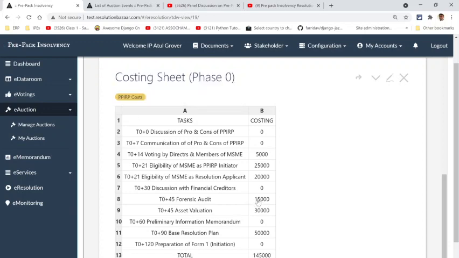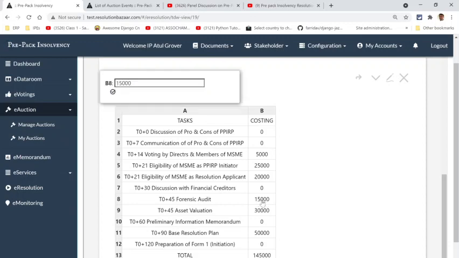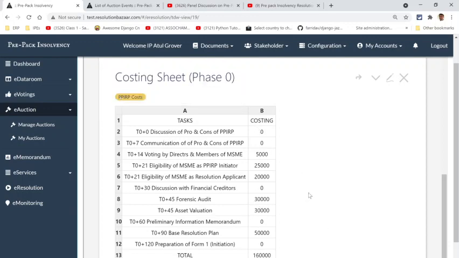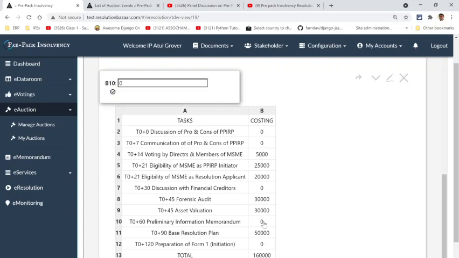And forensic audit, it's 15,000 rupees a year. For 2 years, he will obviously charge no less than 30,000 here as well. So as I said, this is tentatively going to cost you no less than 2 lakh rupees. So no matter what you do, because of communication, voting, or the preliminary information memorandum, you just might have to spend another amount.